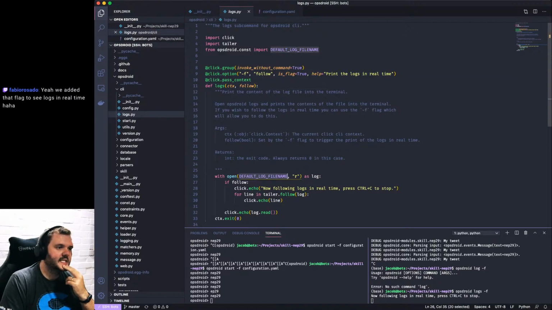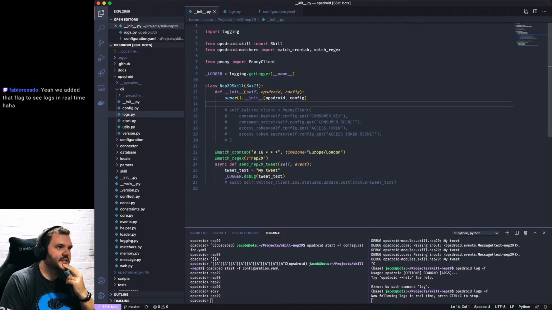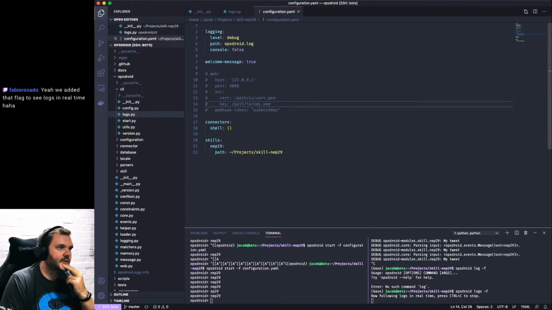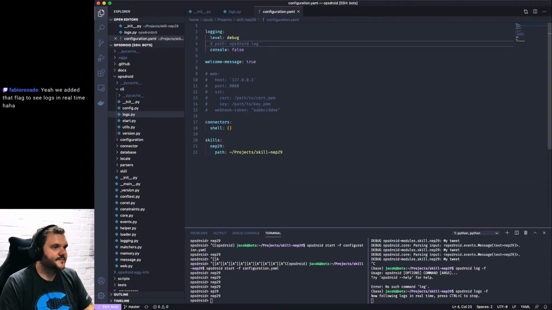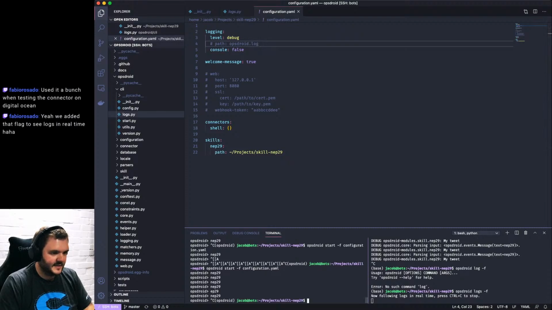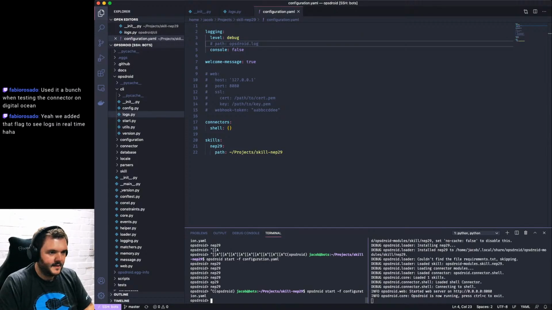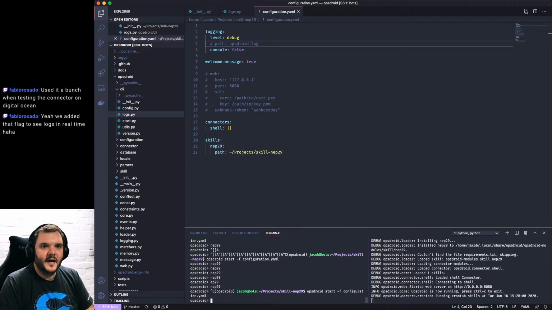Yeah. I changed this, didn't I? I changed it to this. I guess if I go like that and kill it and start it again. There we go. It's because I changed the path of the log file. It wasn't picking up the default log file location.